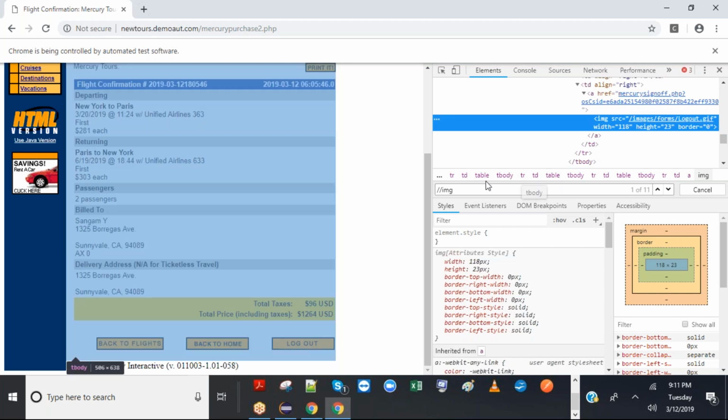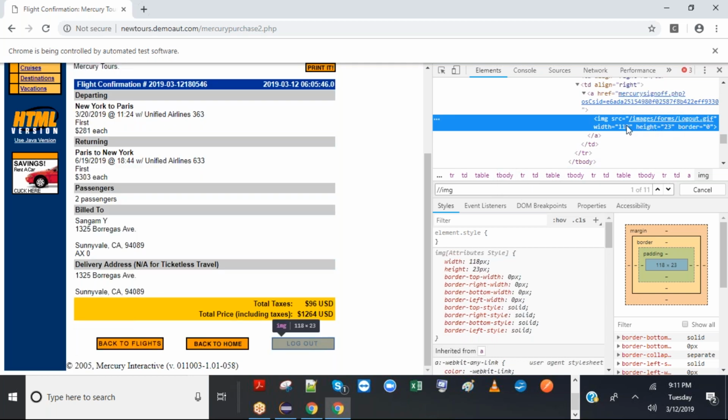Image has source and border. What do you want to take as a property here? Let's take the source. Source contains what? Logout word.